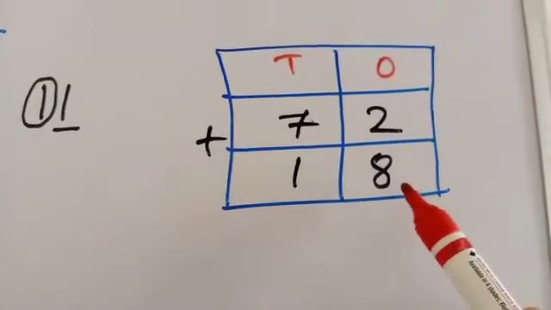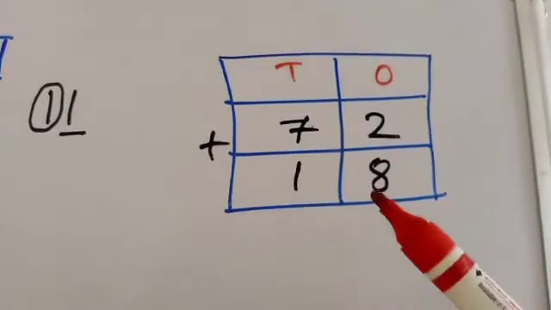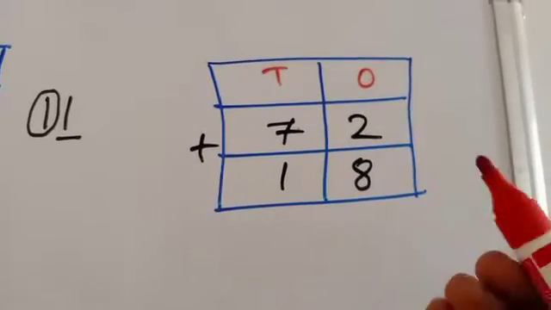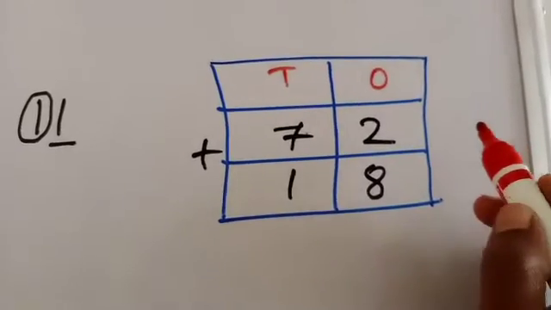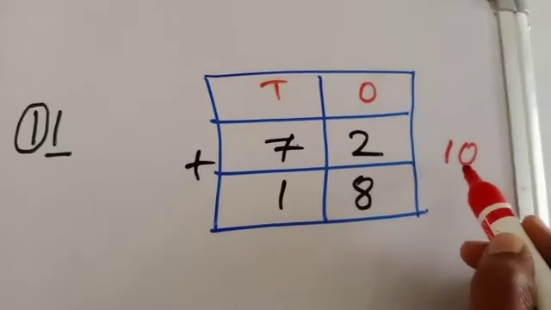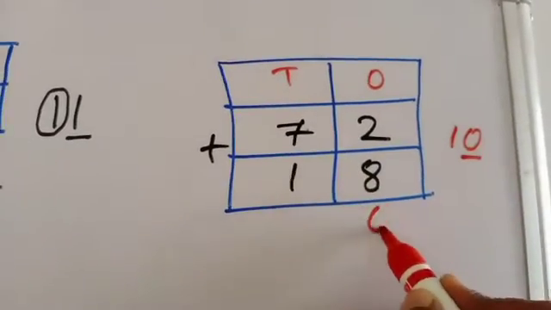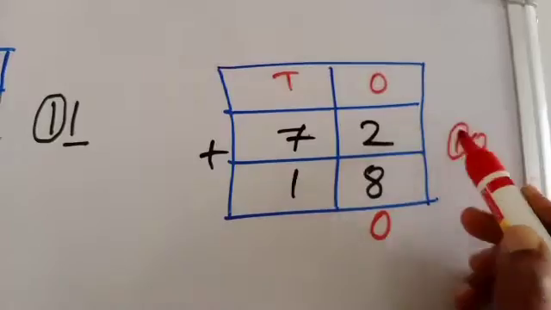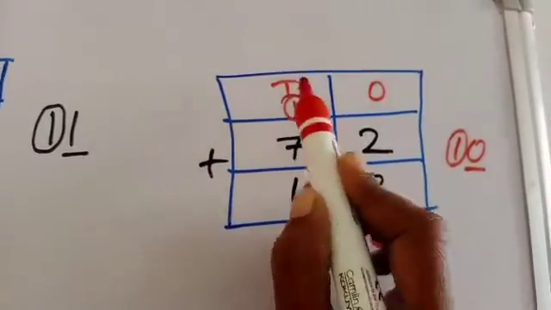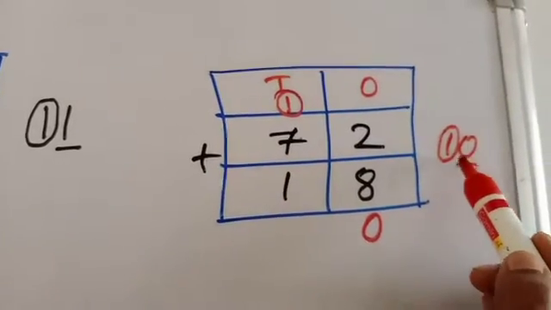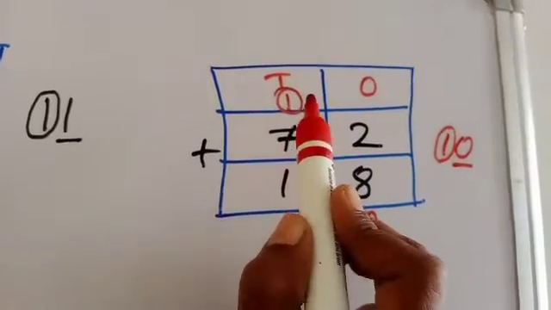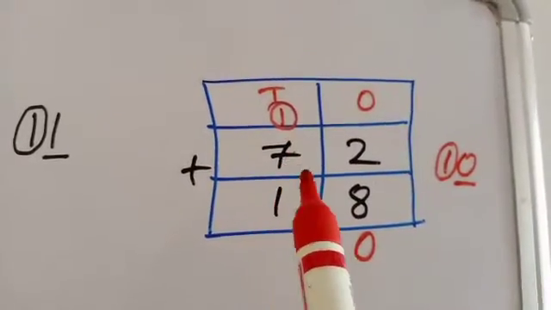So 2 plus 8. 8 should be in your mind, 2 should be in your hand. So 8, after that 9, 10. So when it crosses 9 and comes to two digits, what do we have to do? We have to write aside. So 0, underline it and write here, and the 1, circle it and write above this number in the tens place. So we carried 1 over here. Okay children, is it clear? Now we have to calculate these three numbers.